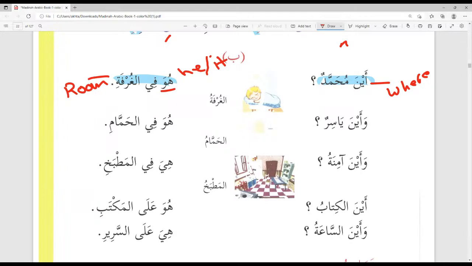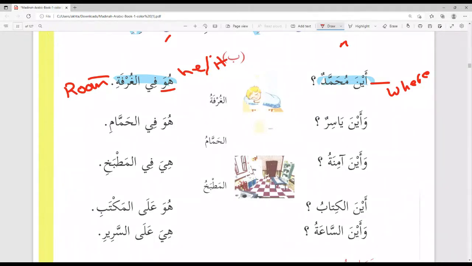وأين ياسر؟ نعم, عمر. هو في الحمام. نعم. So Wudud, ما معنى وأين ياسر؟ And where is Yasir? And Umar, he says هو في الحمام. He is in the kitchen. She is in the kitchen. Yasir, she. Oh, he is in the bathroom. Yeah, your uncle wouldn't like that.